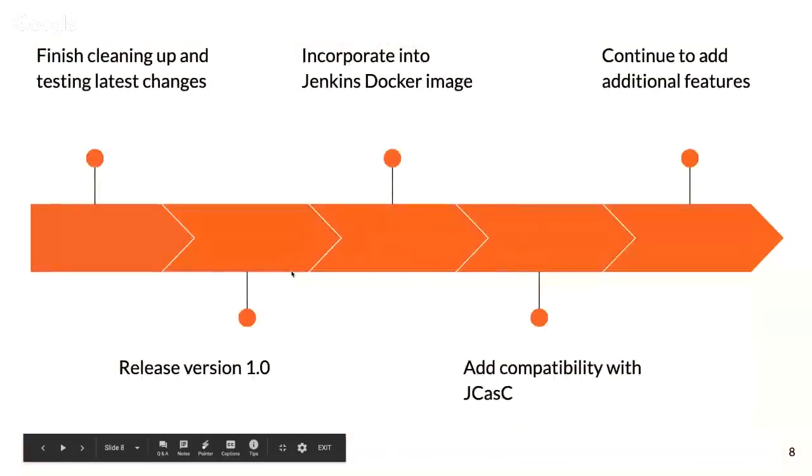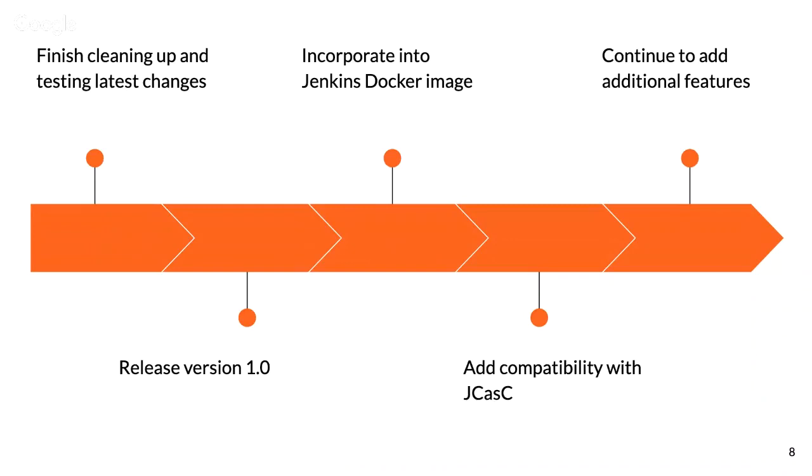So just kind of an overview of what's next. Unfortunately, we're still working through some of the releases for this, but basically we want to finish cleaning up and testing all of these changes, and then release an official version. Right now we've just been doing the pre-release, just alphas, but we actually want to release a full working version of this, and then take that and incorporate it into the Docker image, and with the YAML file also add compatibility with